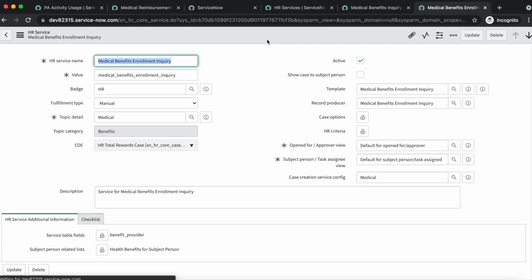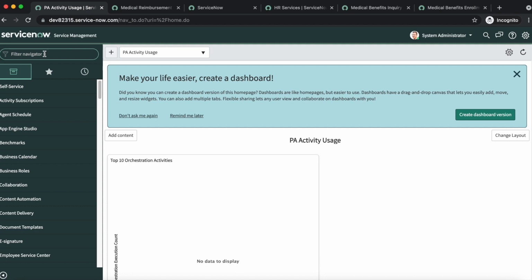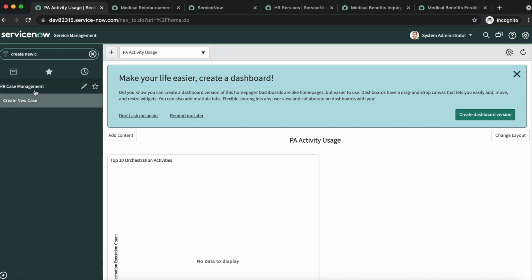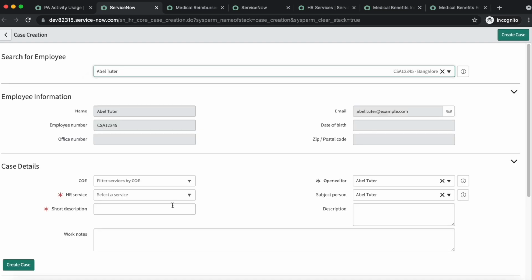Now let's validate, whenever we are selecting this medical benefits enrollment inquiry, whether the added fields are displayed over there or not. So let's navigate to create new case and select user.